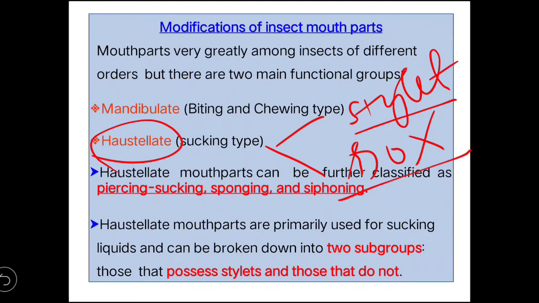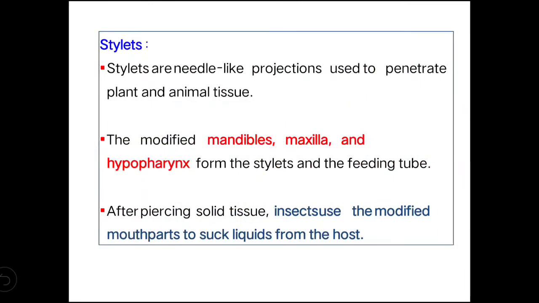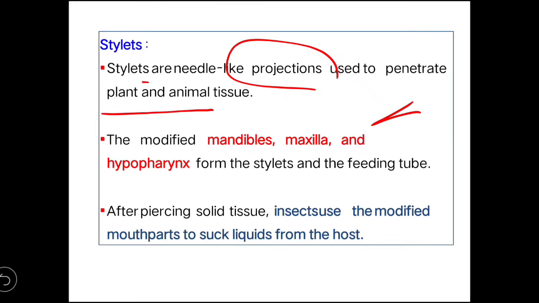Then how will they suck, like sponging type, siphoning type or piercing sucking? This I'll discuss in the next slide, so you will get clear what is stylet bearer and what is without stylet bearer. Stylets are nothing but needle-like projections used to penetrate plant and animal tissue. You must have seen how a mosquito sucks blood from our body with its stylet. So stylets are needle-like structures. They are used to penetrate inside plant and animal tissue, and they suck the material from the body